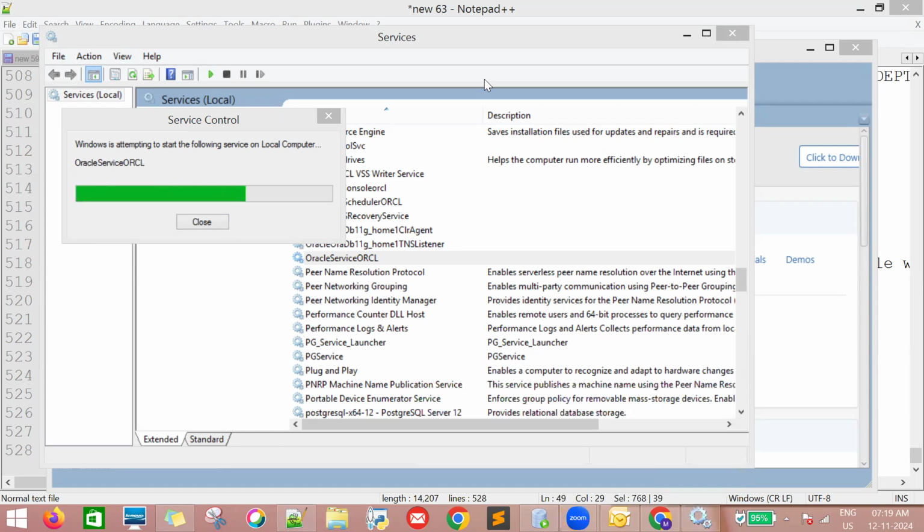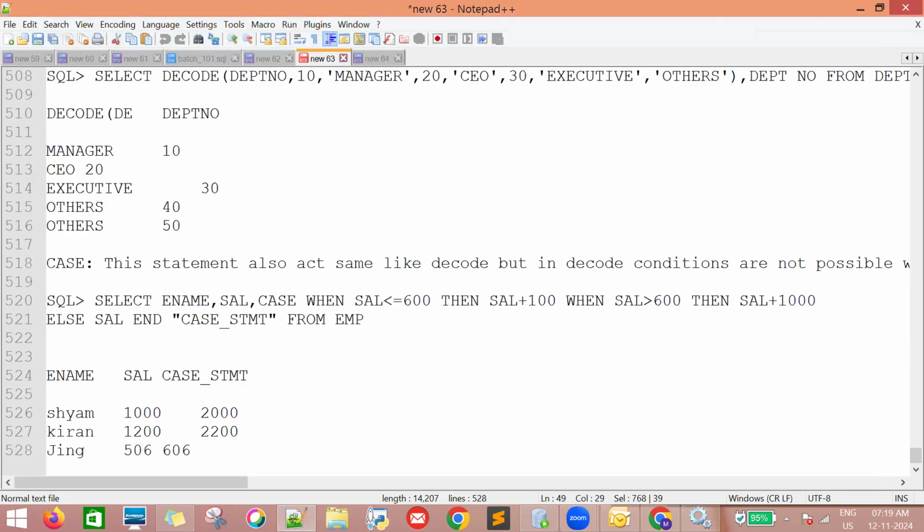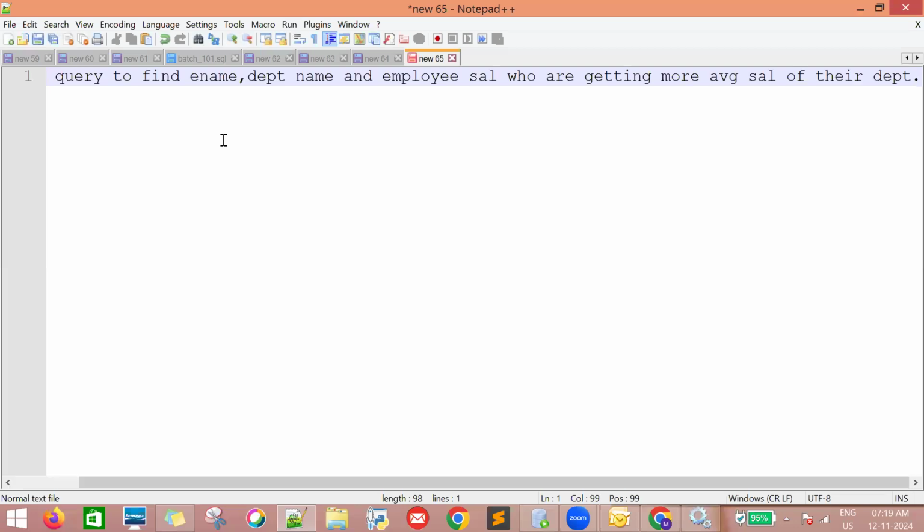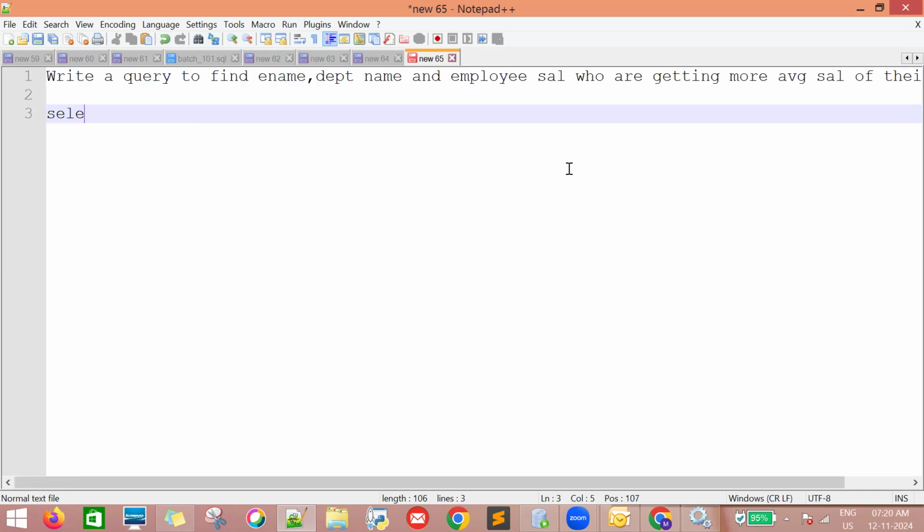Write the query to find the e-name, department name, and employee salary. See, first what we need to do, understand this. Let me give the skeleton for this. So, the query to find the e-name, department name, and employee salary of those who are getting more than the average salary of their department. So how to get the average salary department wise? Select average